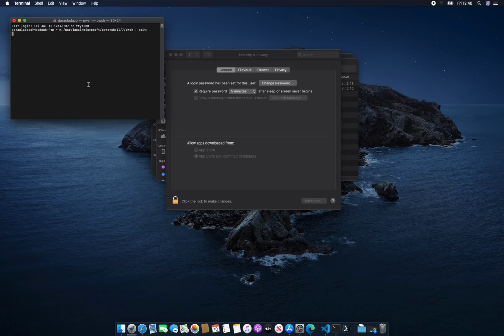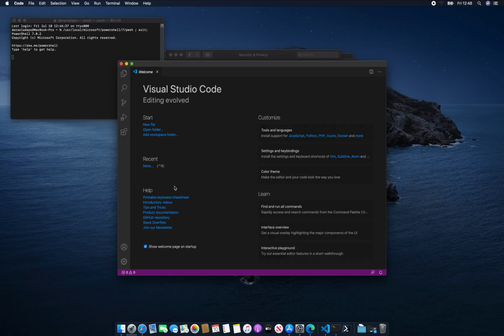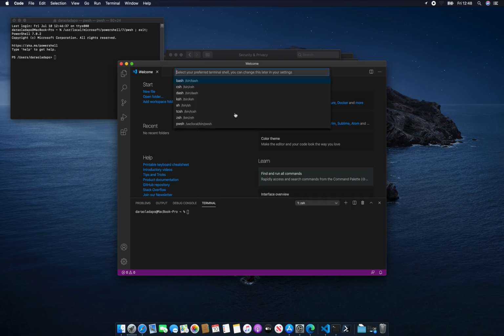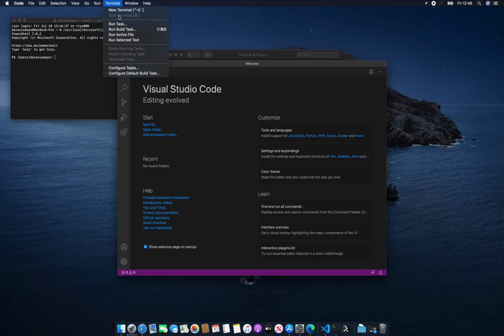Okay, the reason why I did this is because I love to use PowerShell inside my VS Code. So if I open up VS Code here, I can open up my terminal. So I go to terminal view here and I go to new terminal and I come over here and select my default shell and I ensure it's PowerShell because PowerShell is like awesome to me. So if I close this up now and I start a new terminal,